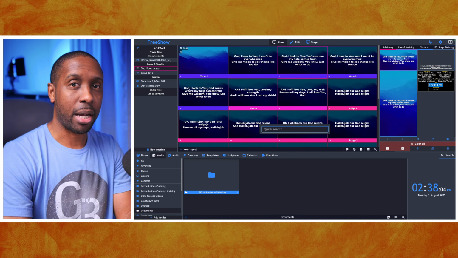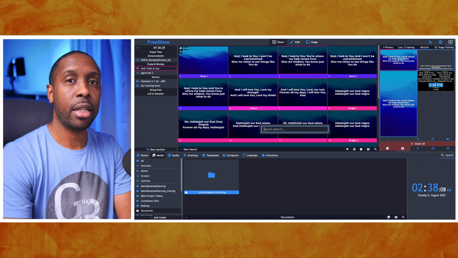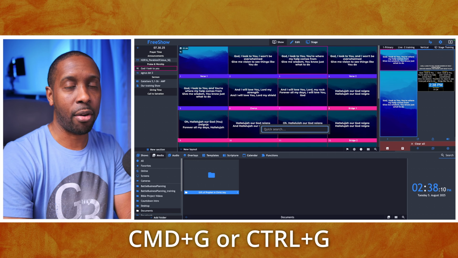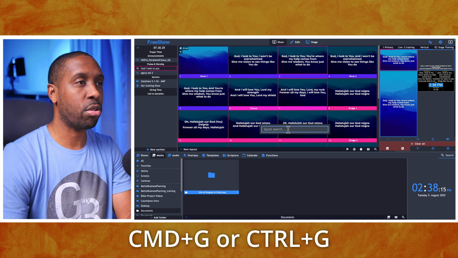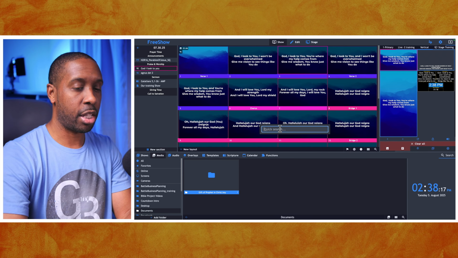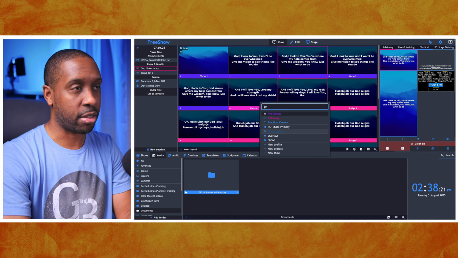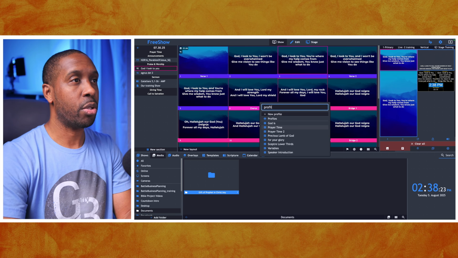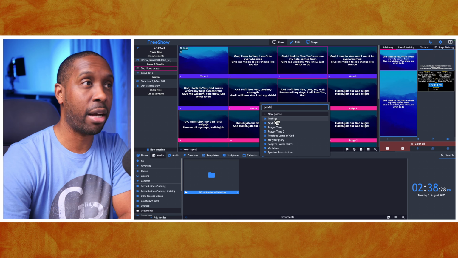The way that this process works is you hit Command G if you have an Apple computer, you hit Control G if you have a Windows computer. Once you do that, you're going to be greeted with a small search window here. And let's say you're looking for your settings and you're looking for the new profile setting. You can type in profile and it gives you an option to quickly create a new profile or go to